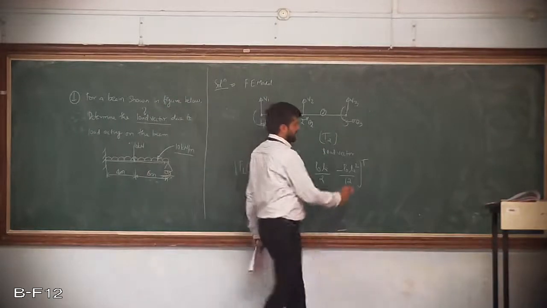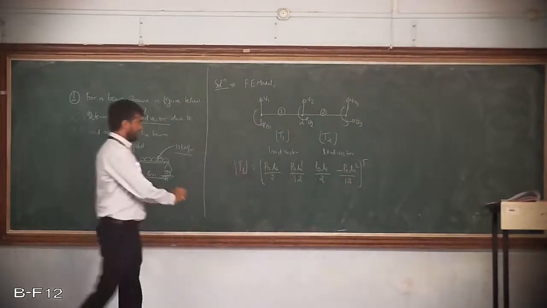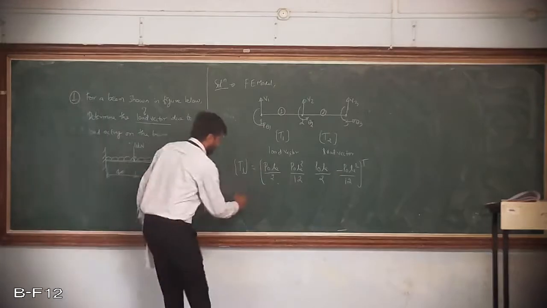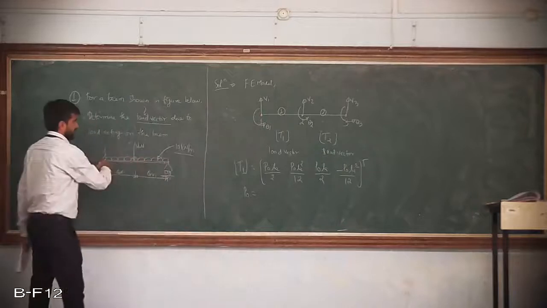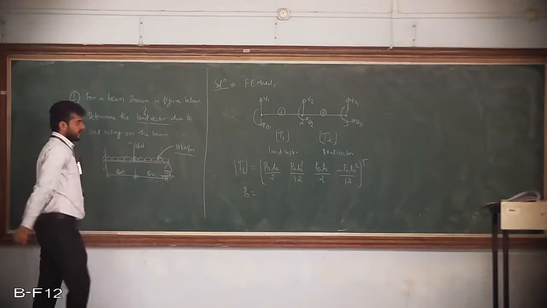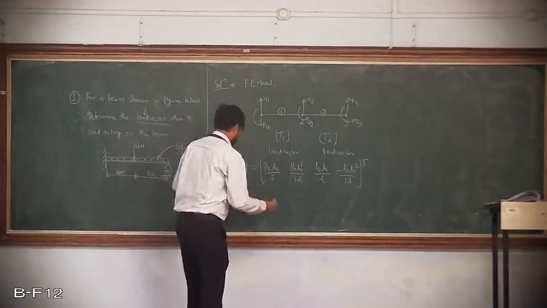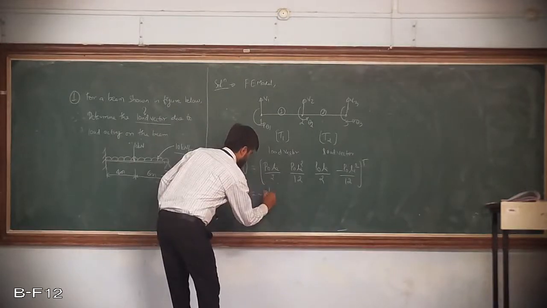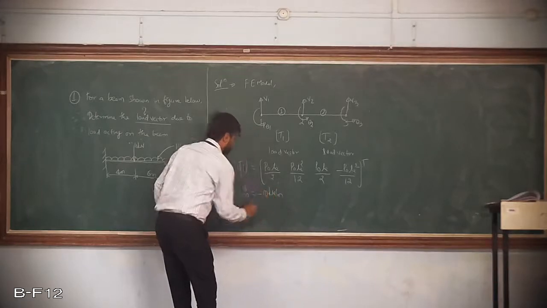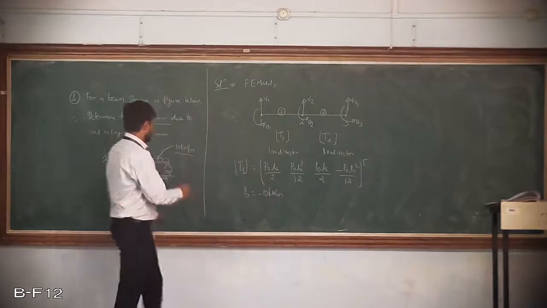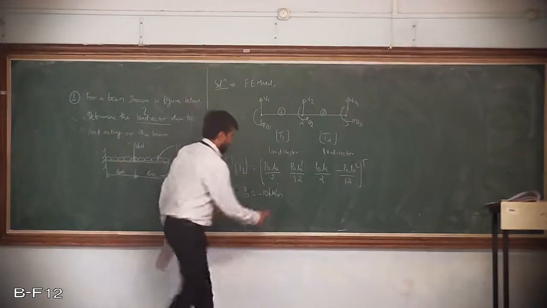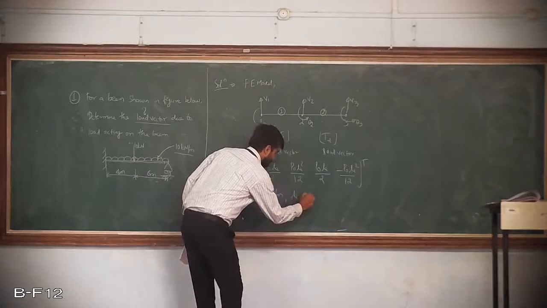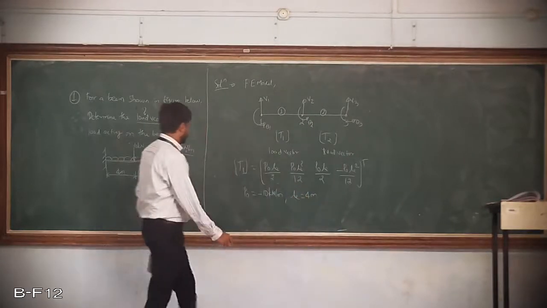Similarly, you need to find out T2 also. First we will go one by one. So to find out T1, what is P0 here? It is 10 kilonewton per meter. See, this formula you are using when there is UDL. That is why I am using this formula. And what about Le for the first element? Le is 4 meter. So substitute that.